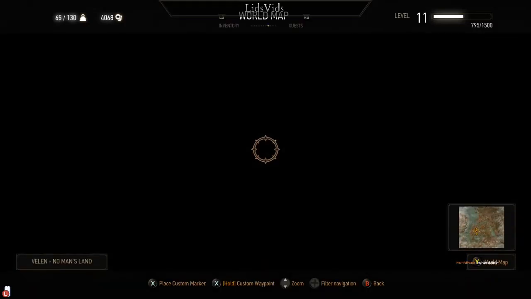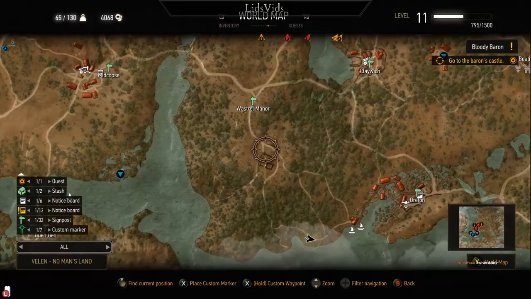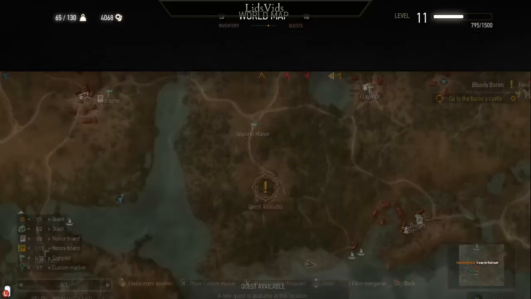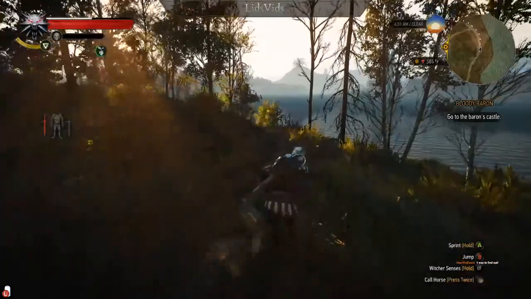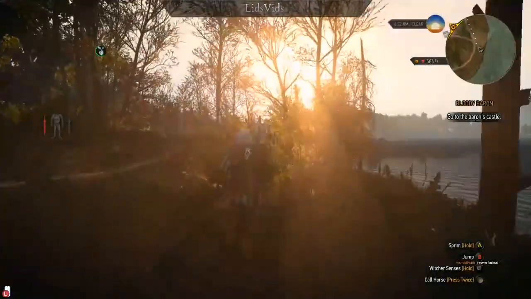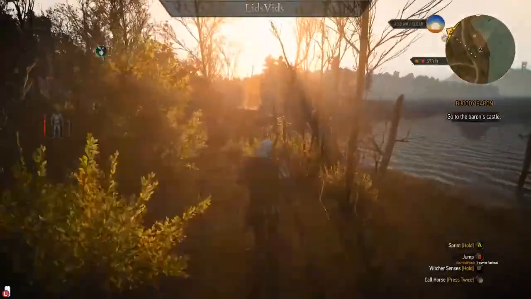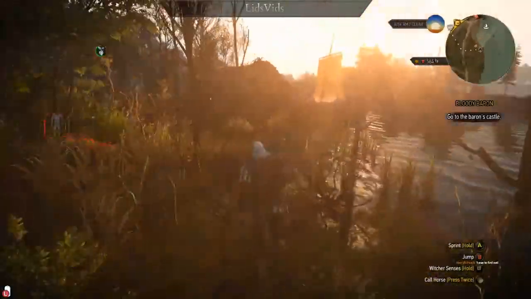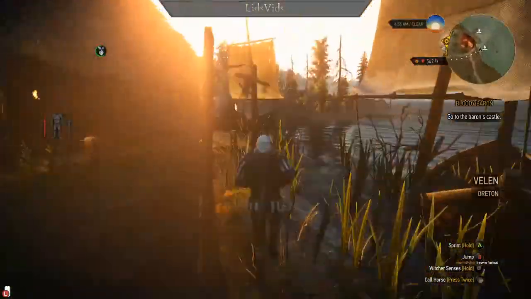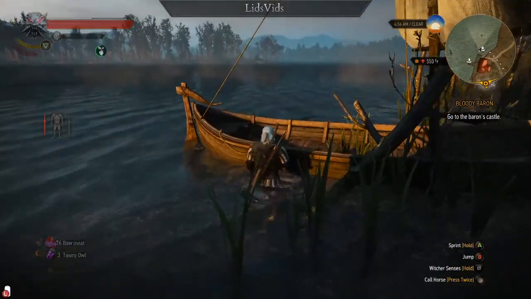World map. Is there a boat here? There is. Further down this way. There was that location that we sped past, where there is some mysterious quest available to us, but let's head over here first. Let's figure out what the deal is here with Kyra. What is she up to? This is probably the boat that we ended up taking to and from that island previously. Guess we need to jump on this thing,